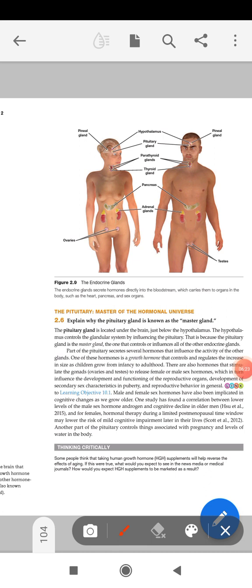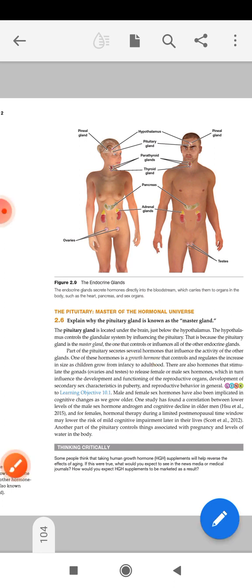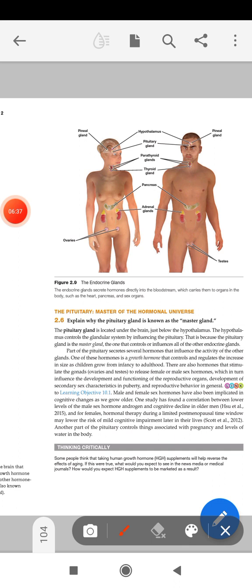As discussed earlier, the pituitary gland releases many hormones. One of them is growth hormone, which controls the growth of a child to adult. It also stimulates our gonads, that is ovaries and testes, to release female or male sex hormones, which in turn influence the development and functioning of reproductive organs, the development of secondary sex characteristics in puberty, and reproductive behavior in general. So if these sex hormones are released, then only can we develop